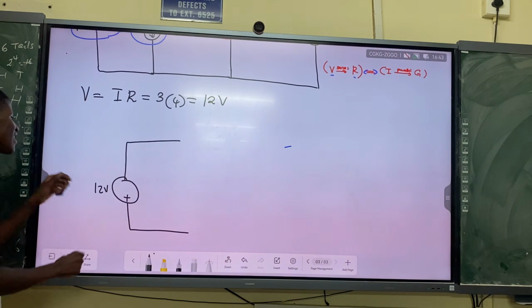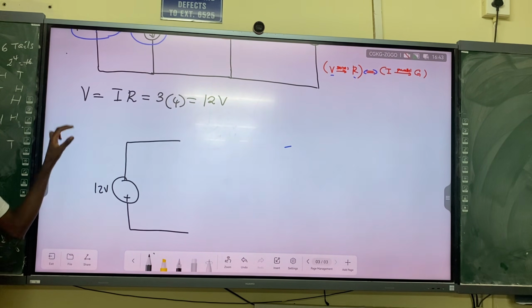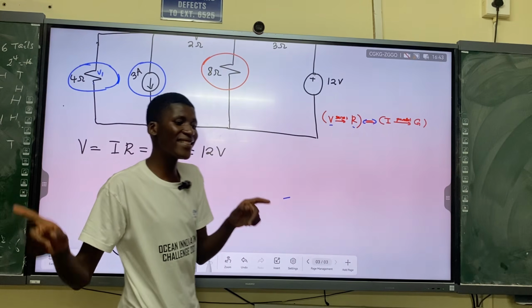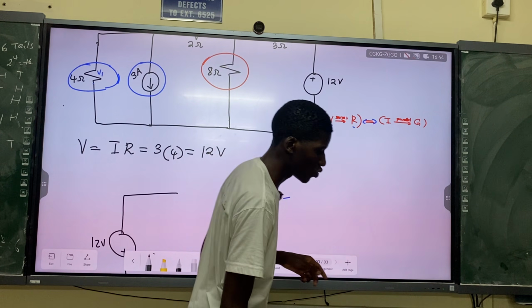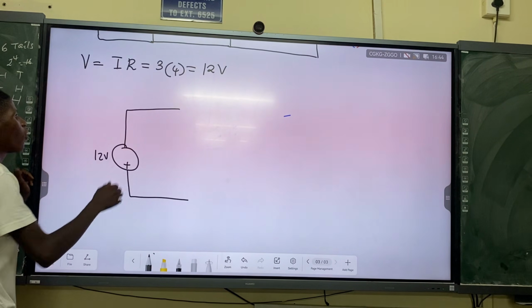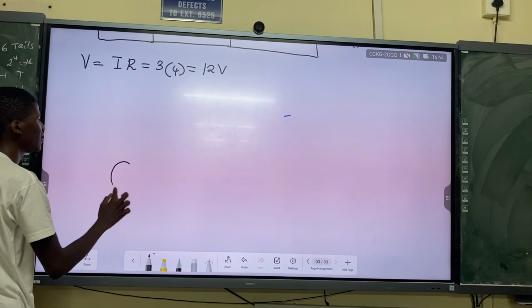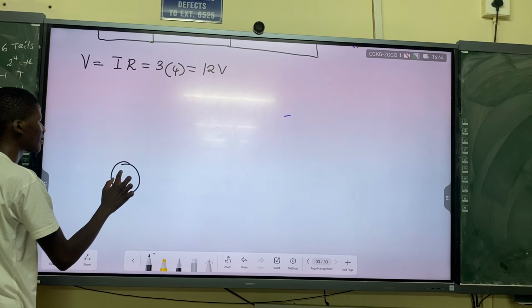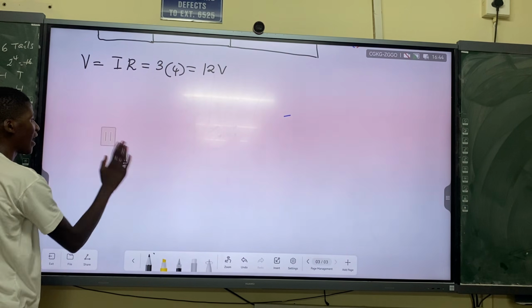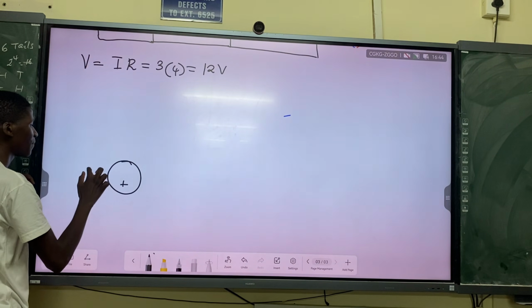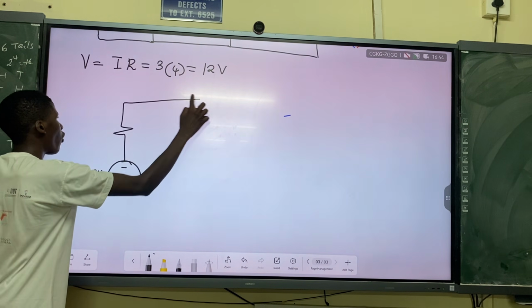I'm sure we are transforming it. We should make the voltage source 12 volts be in series with what? With the same resistor, in this case, the resistance now 4 ohms. So here I can put my 4 ohms anywhere, as long as it's in series. Let me just say this is 12 volts, and the plus is here. This is negative. This is 4 ohms. They are still in series.